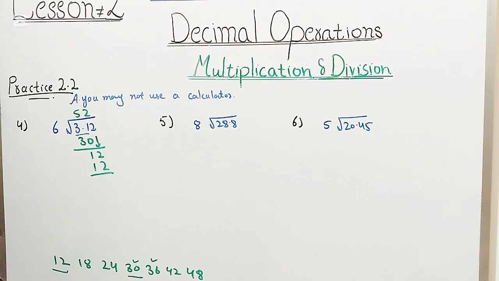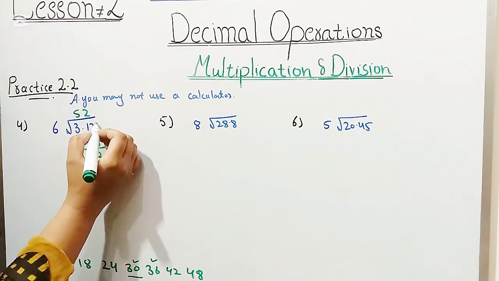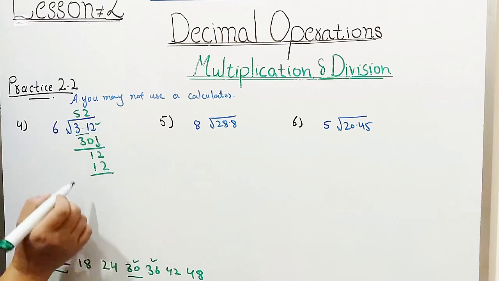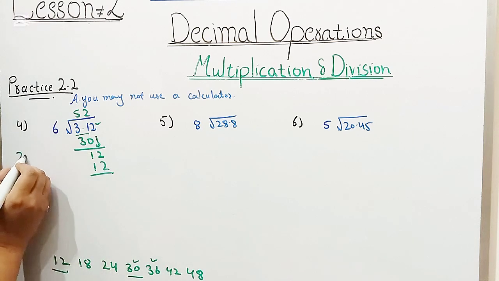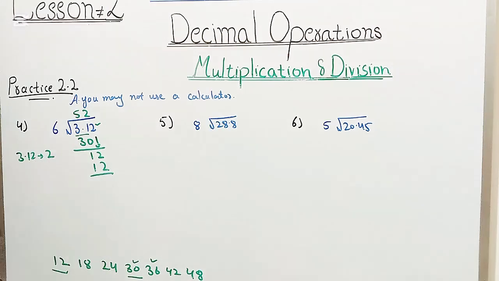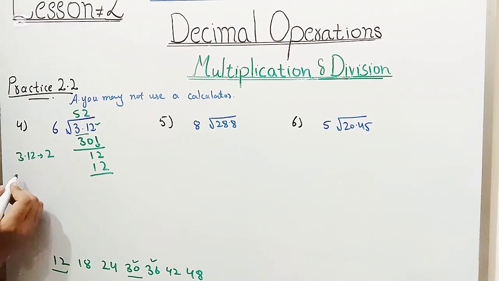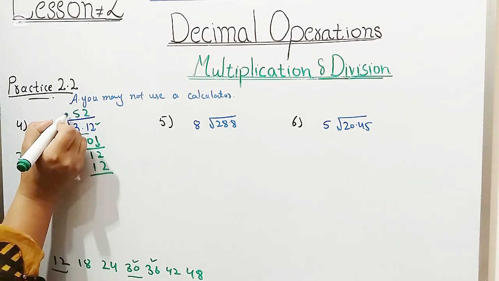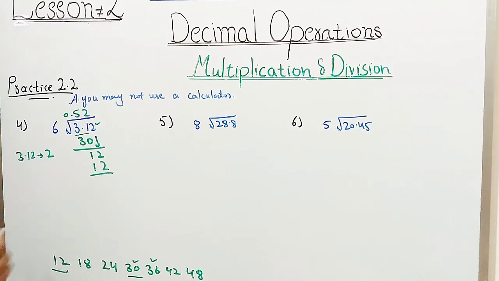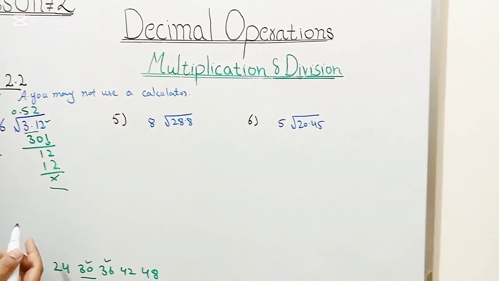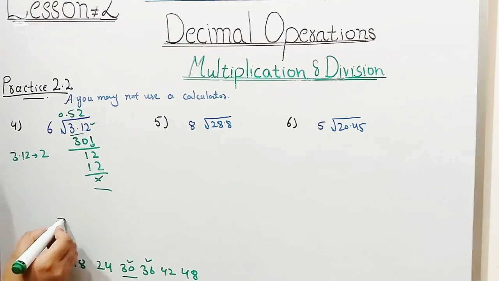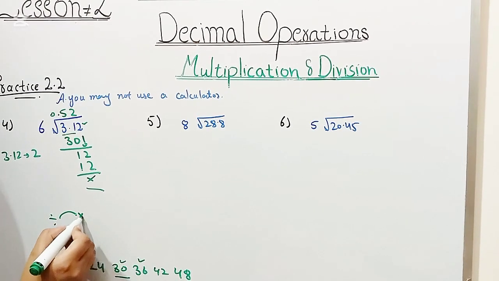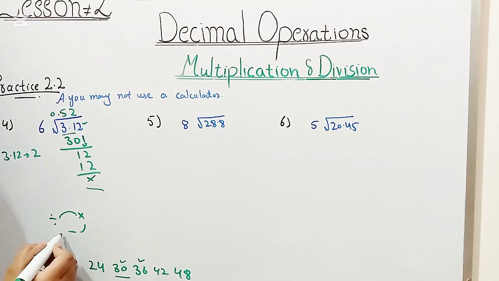Okay. Now in the decimal, in the dividend 3.12 has two decimal places from the right side. So we will write 5 1 2. Then we write it 0.52. 0.52 will be our final answer. Next, I also explained to you: firstly, I will divide. Then I will multiply. Then I will subtract. Then we follow this rule.